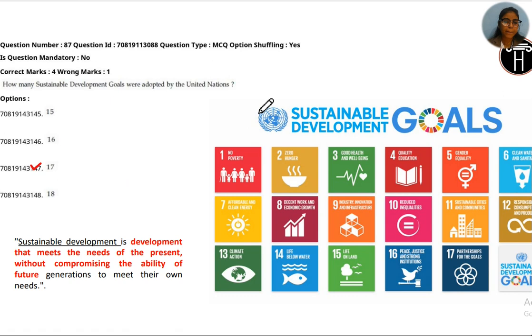Okay. So the next question is, how many sustainable development goals were adopted by the United Nations? The question is asking about the number of sustainable development goals which were adopted by the United Nations. So there are a total of 17 sustainable development goals. Okay. So what is sustainable development? Sustainable development is development that meets the needs of the present without compromising the ability of future generations to meet their own needs. So when we talk about the term